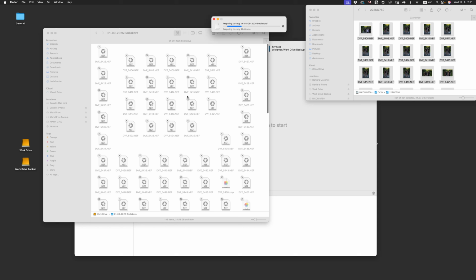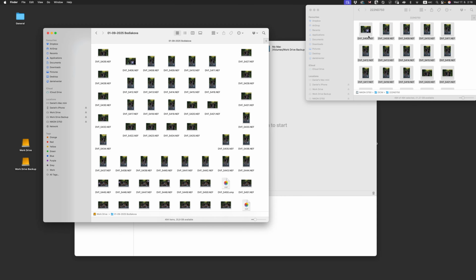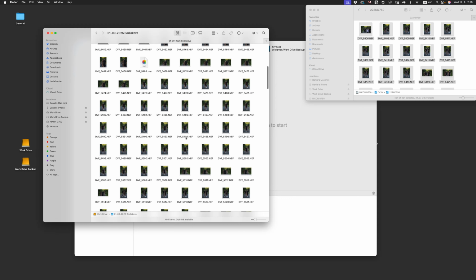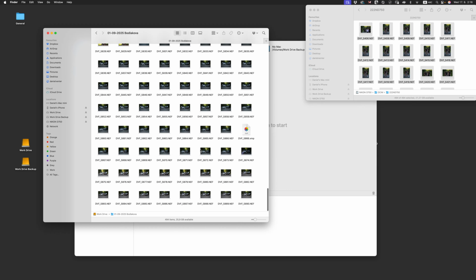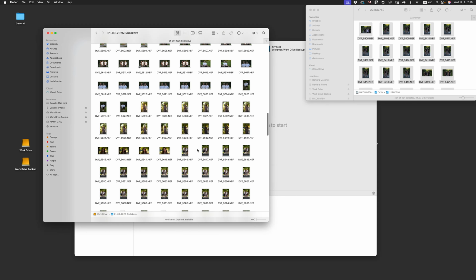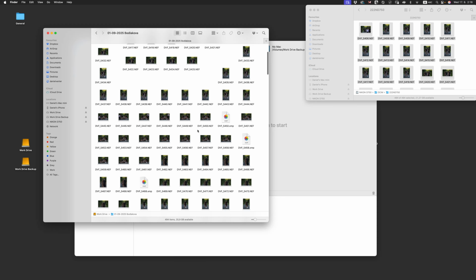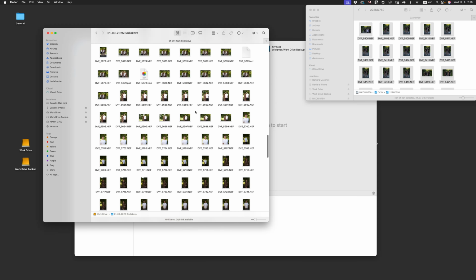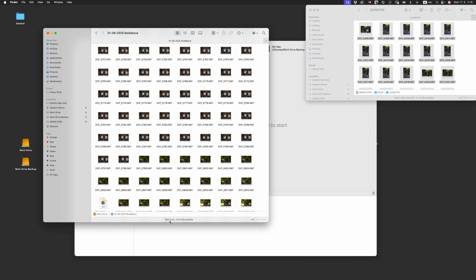system right here. So once all of the images are copied over from the SD card, I'll just make sure quickly that I've got the same amount of images, and I'll usually scroll through them just to make sure that they've all copied over successfully and we haven't got any errors. So you can see here we've got 494 images right here, and it matches with the 494 images that we've got on the SD card. So we know for sure that we've got an exact copy of the contents of our SD card on our